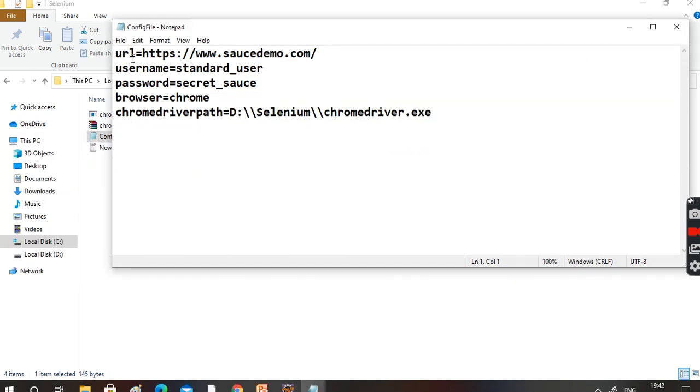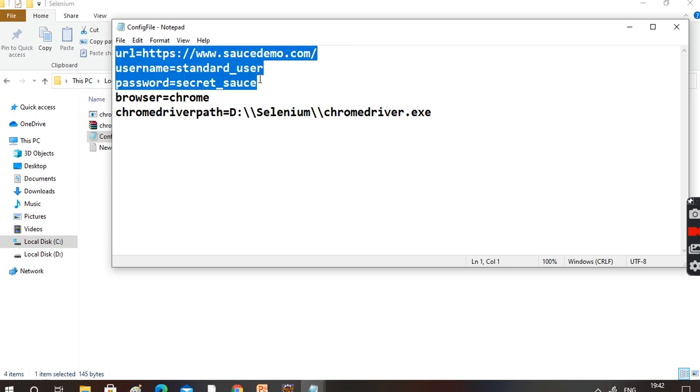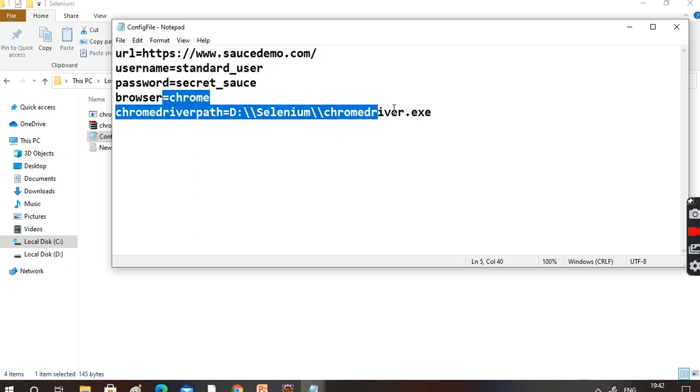In the configuration file, I mentioned the URL, username, password, browser name, and exe path, everything I mentioned here. I'm not going to use all of them, only these three. Maybe you can expand it later.